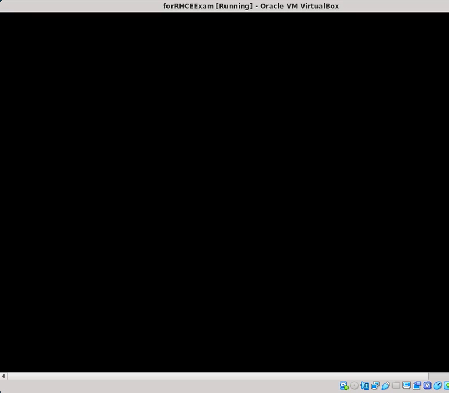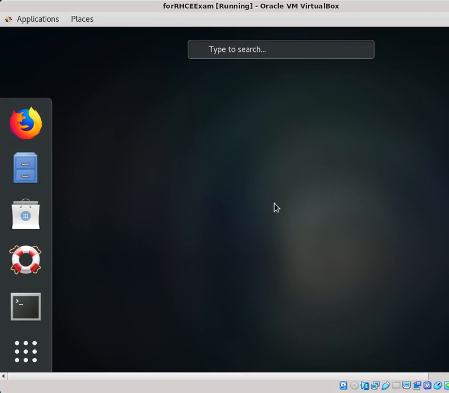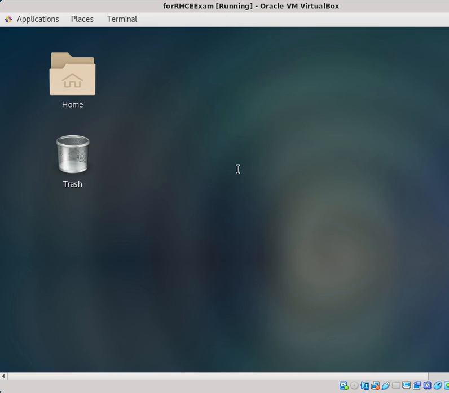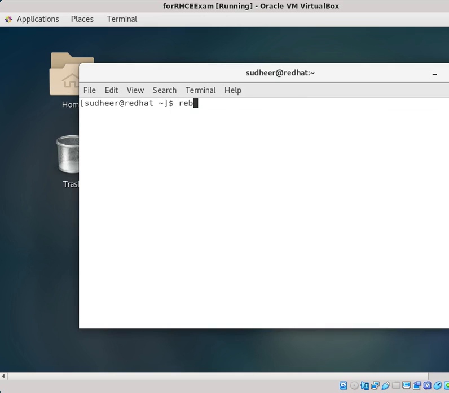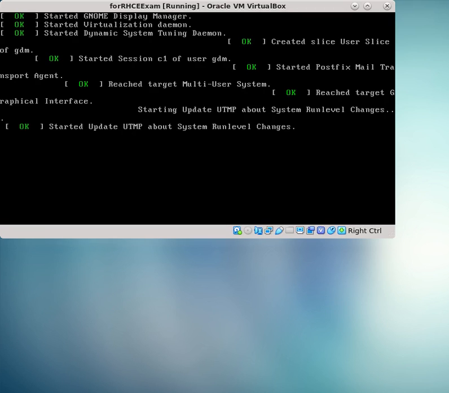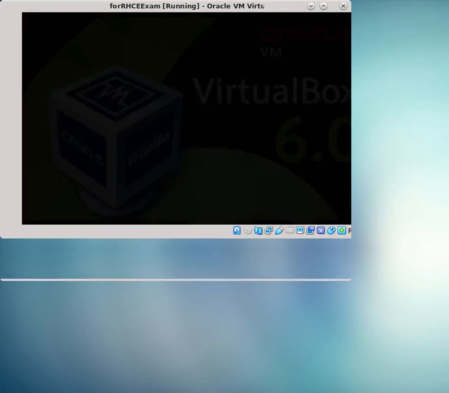Once I have logged in, there are multiple ways to reboot the system. Ideally, I'm going to open a terminal, and from the terminal I will issue a reboot command. So I'll just open the terminal, and then from here I'm going to issue a reboot command. I have to keep an eye on the terminal and wait for the server to reboot, and once the grub menu appears, I have to use my up and down arrow keys to select the